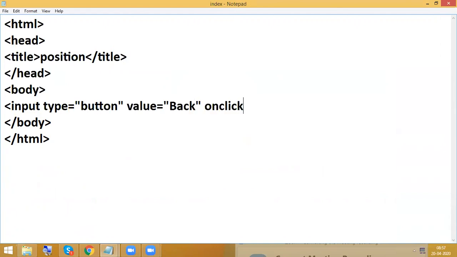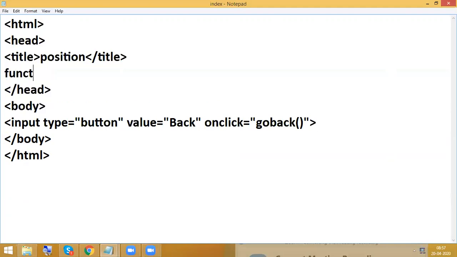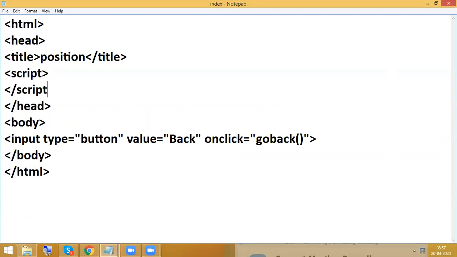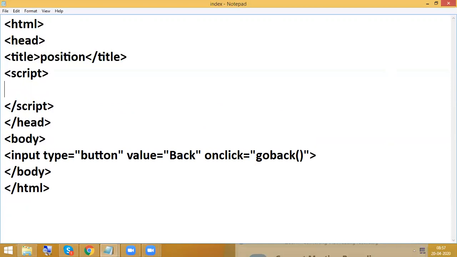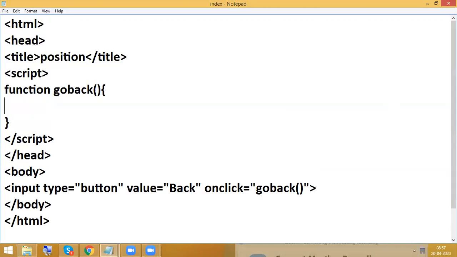Whenever I'm clicking on this back button, it should go back. Now function, write the script part. What is my function name? goBack. You can write with any name. Predefined syntax is window.history.back.